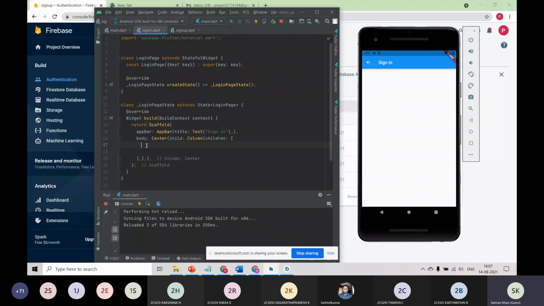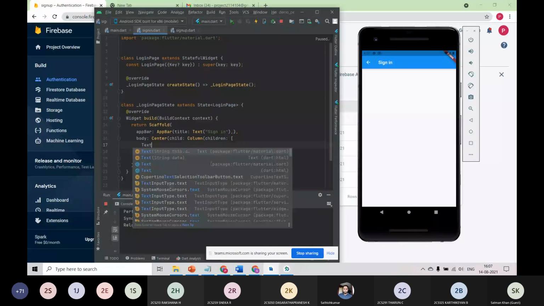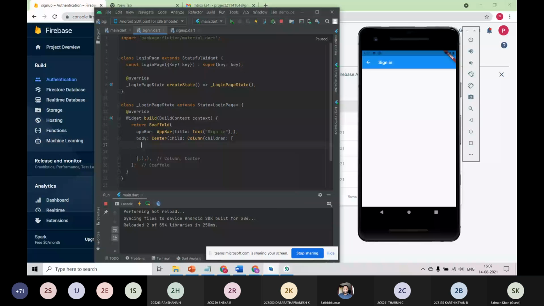And I will just make two buttons. Just give me a minute. I will type this in.